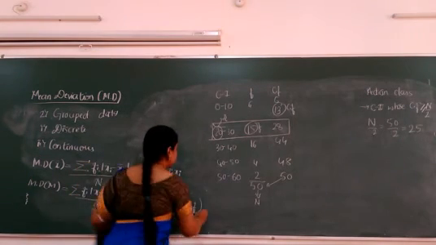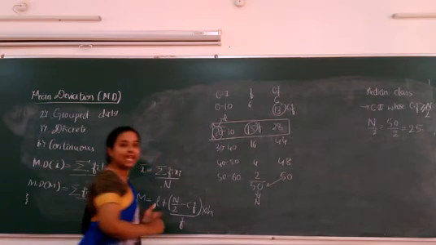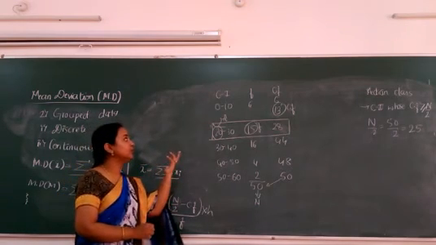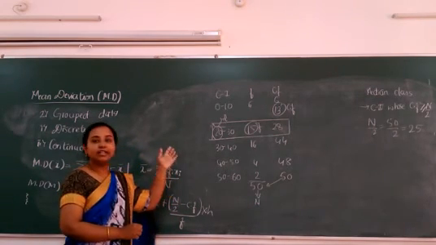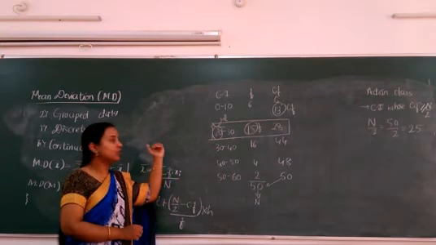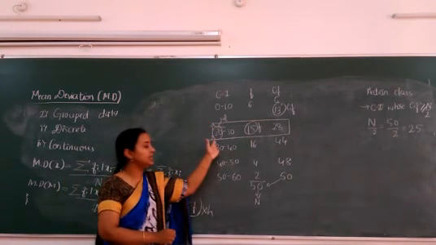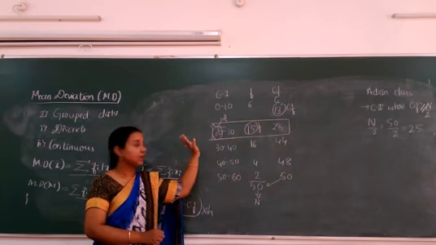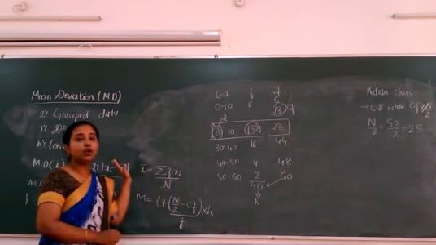And one more thing I have missed out. It is H. L is already known to you. H is the width of the class interval. It is not only of the median class, it is the width of all. So here everywhere the width is 10. Okay. So now we know all the values.